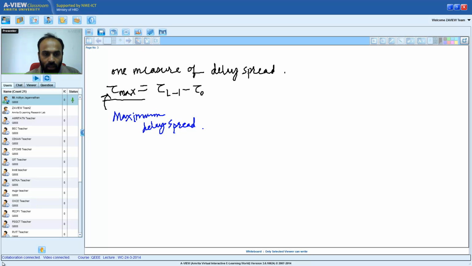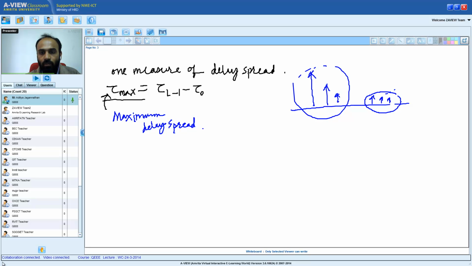Yeah, we are not considering the delay and power levels, and moreover we are not considering the gains of the different paths, right? For instance, let's say we have a profile with some strong paths and then some weak paths. These weak paths might unfairly distort the delay spread, right? It's unfair to say that the delay is simply the difference between the first and the last components, because these paths are weak